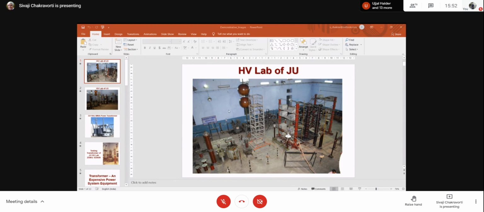Anyway, this is our high voltage lab, and whatever I was explaining, you can see here, you can see my mouse moving. You see here that brown column. There are 4 brown columns. This is actually our impulse generator. And these red columns are the extension branches. These white color boxes are actually capacitors, connected in parallel. So this is our impulse generator in our lab.